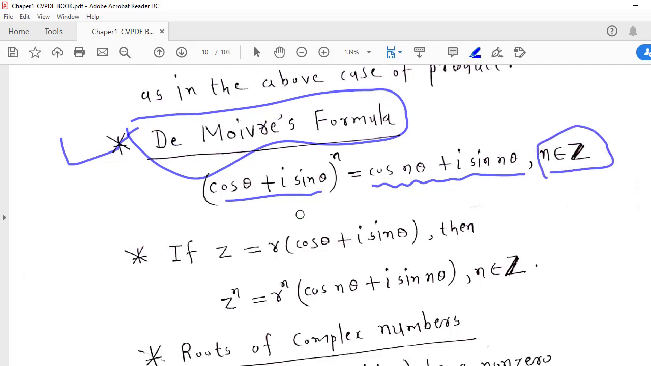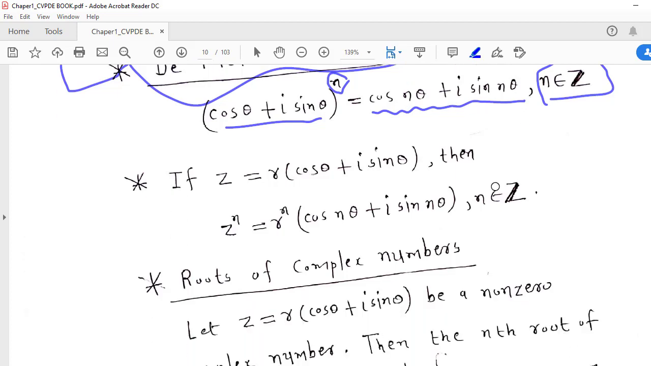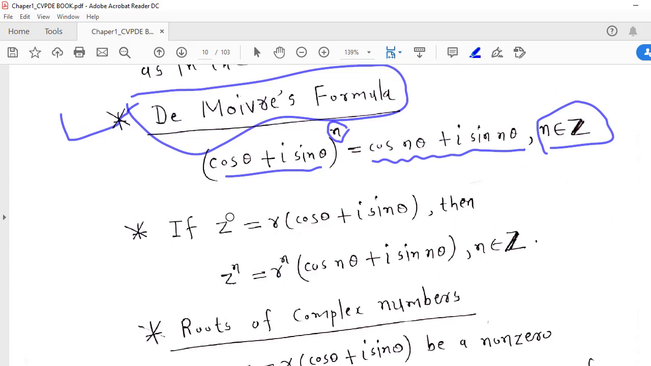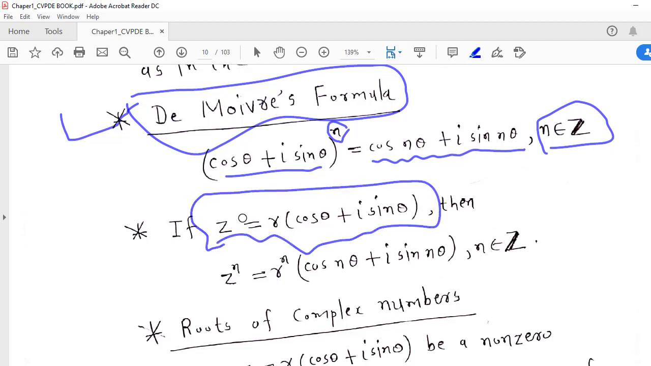Okay, what is the meaning of this? Whatever power we want to find for a given complex number, we multiply it with the angle theta. So here n is multiplied with theta: cos n theta plus i sin n theta. Using De Moivre's formula, you can find the power of any complex number. But be careful, you have to represent your complex number in polar form to find its